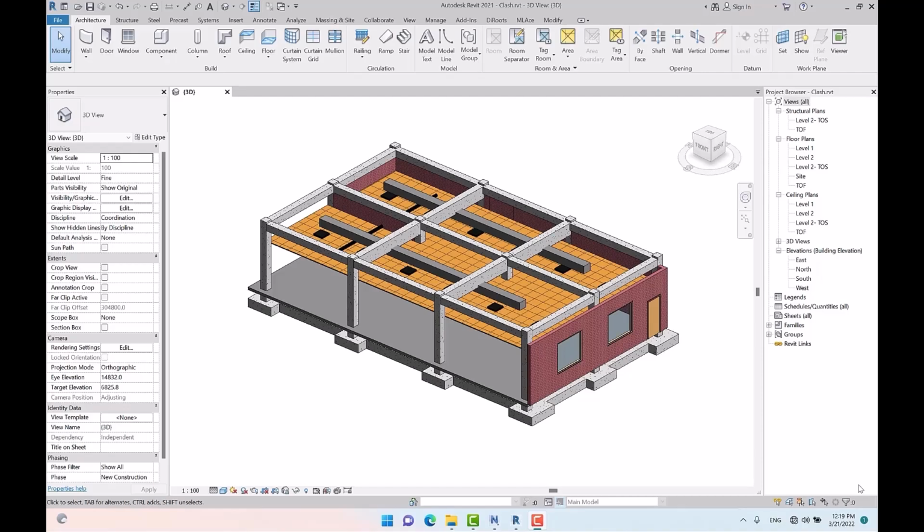Hi guys, welcome to the clash detection part. And as I told you before, clash detection is one of the most important and most crucial parts of Navis. In other words, Navis is created for clash detection. Here, as you can see, I have prepared an RVT file and I'm gonna explain the topics on this file,